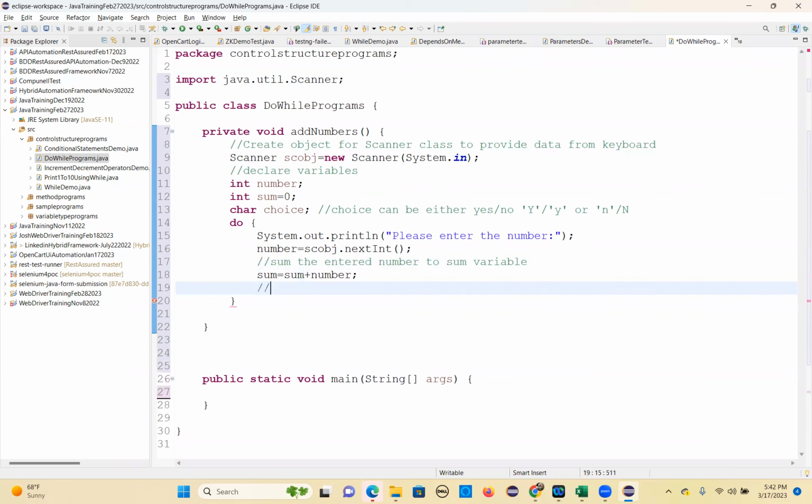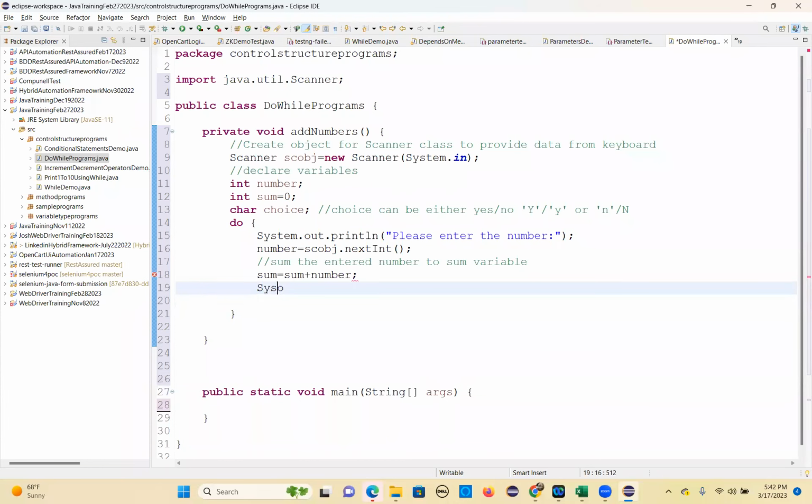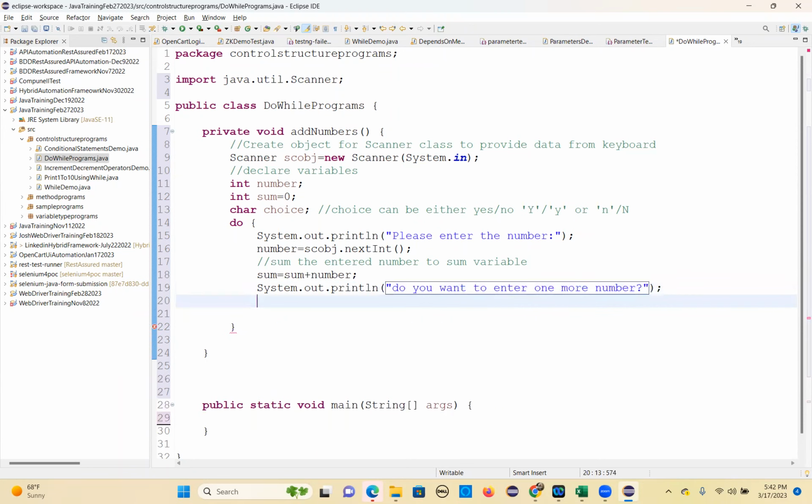Do you want to enter one more number? Decide the choice. So you decide yes or no. So the choice equal to